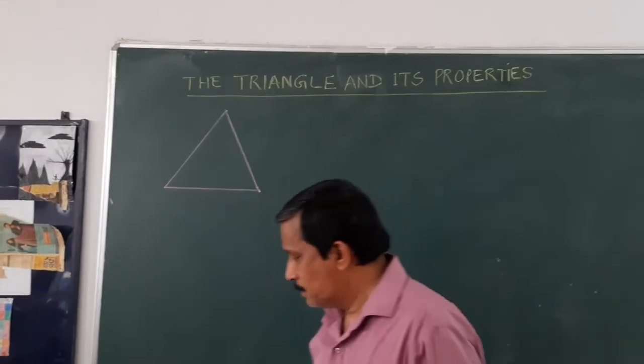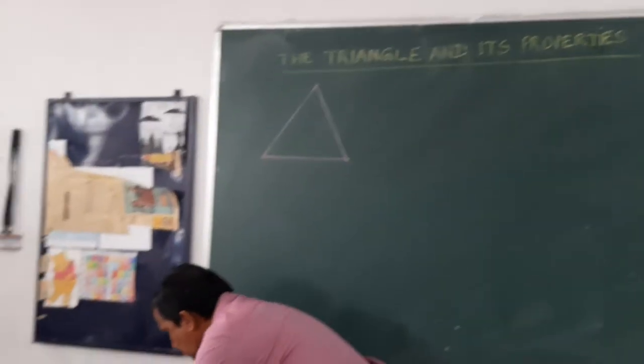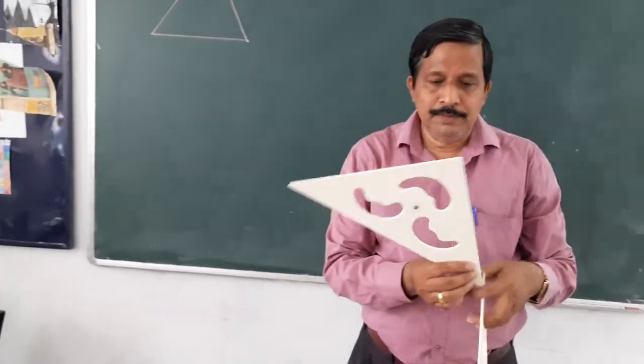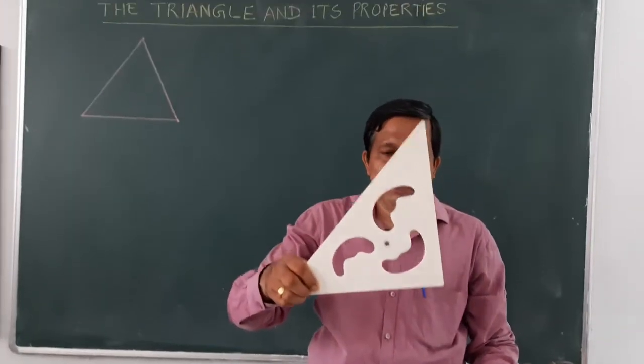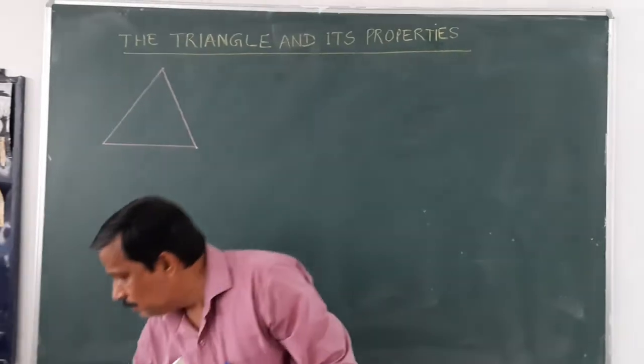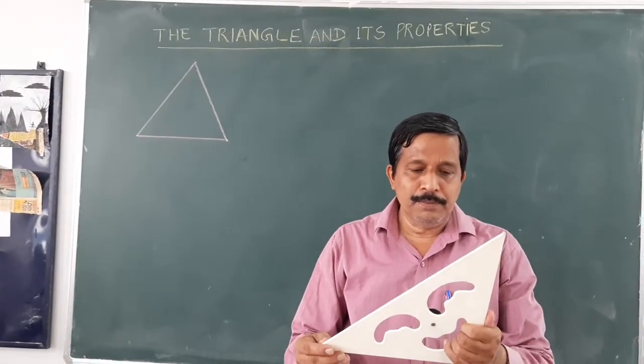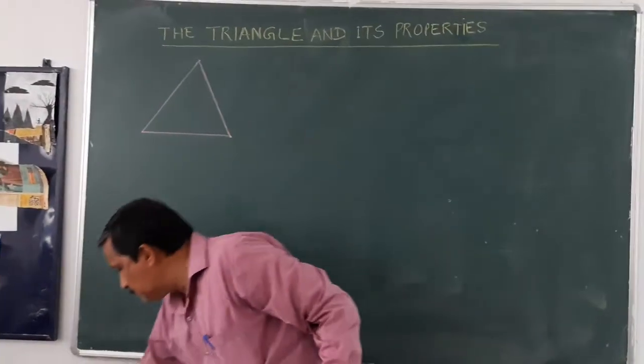We'll start today about the properties of a triangle. You see here, this figure is the figure of the triangle. So, in a triangle, it is the combination of two words, that is